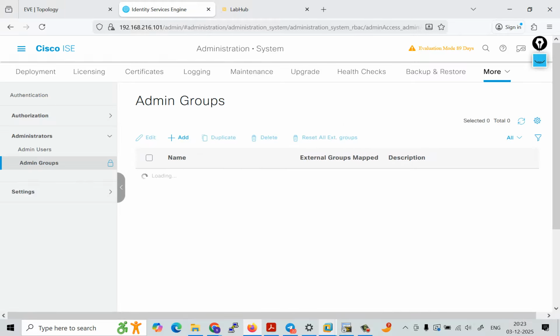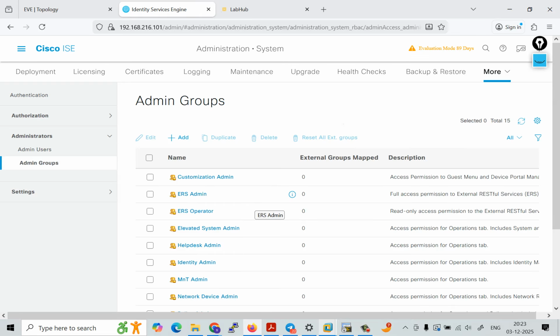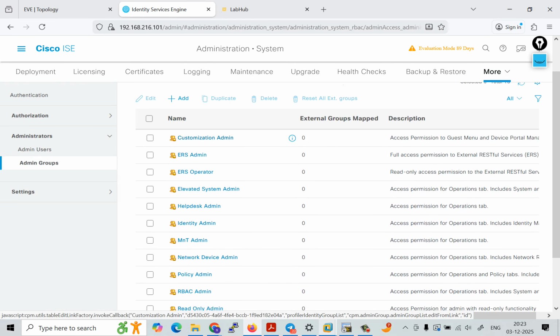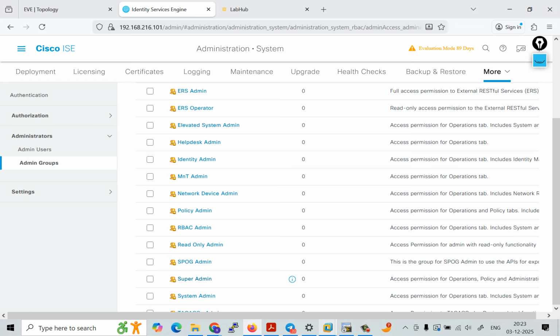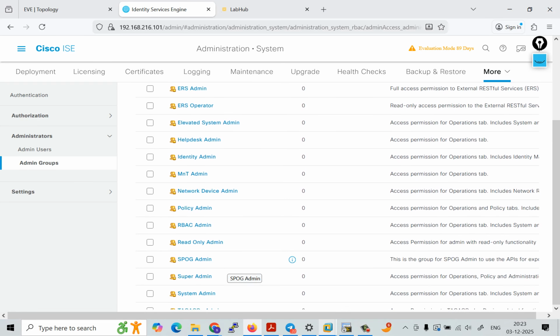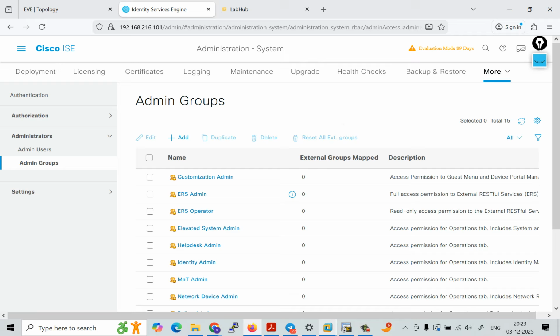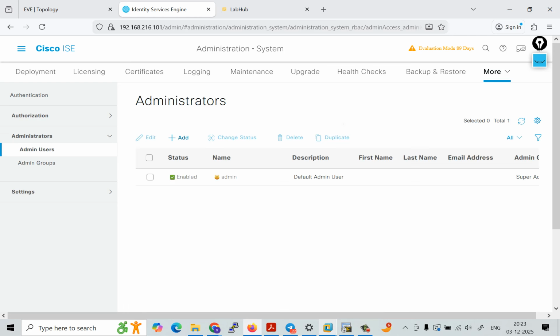If you want to see, there are multiple types of groups: customization admin group, ERS admin, ERS operator, elevated system admin, help desk admin, identity admin, MNT admin. But right now we have only one user here. If you want to create your own, you can create. Suppose, let me show you, I want to create my own user just for monitoring purposes. So I can create a user admin,